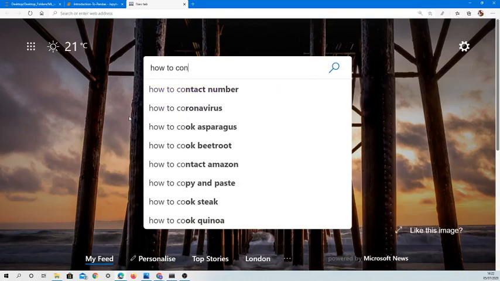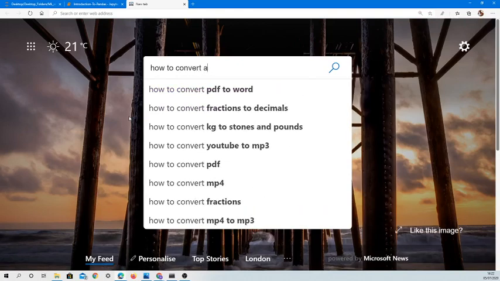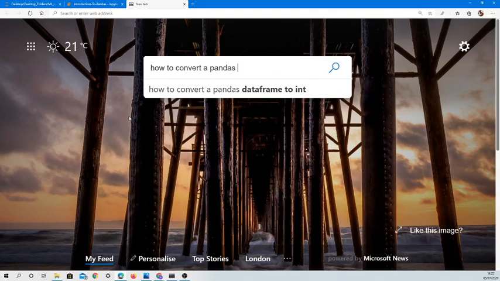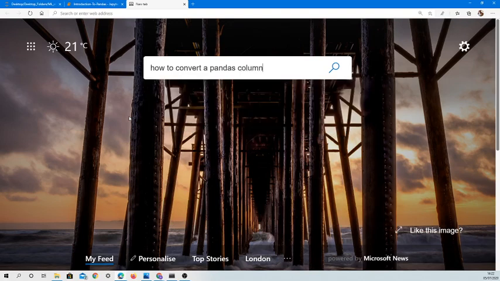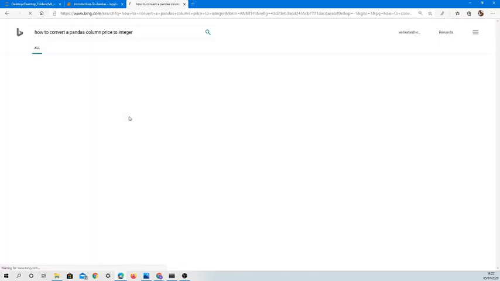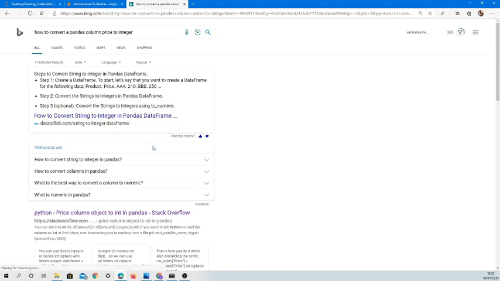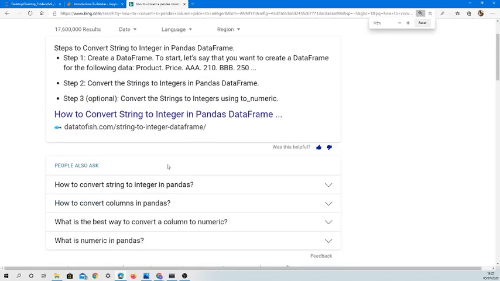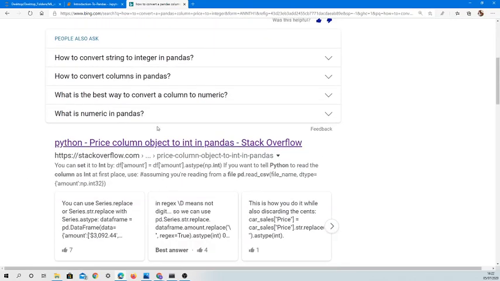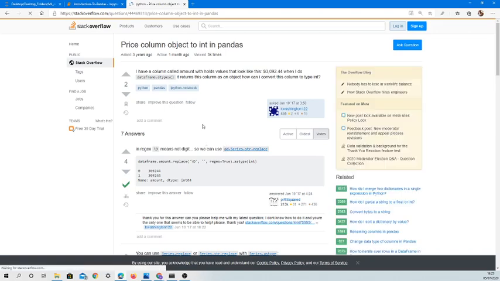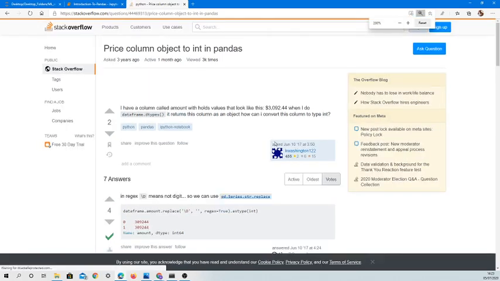How to convert a pandas column price to integer. Okay, enter. Okay, so let's go to Stack Overflow. Here it says price column object to int in pandas. Click that. Okay, so if we zoom in,